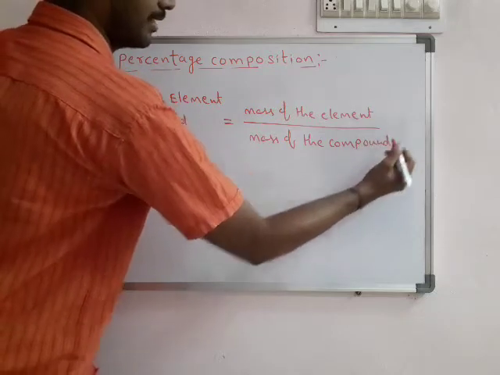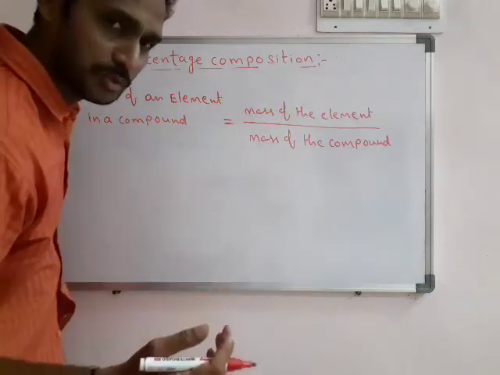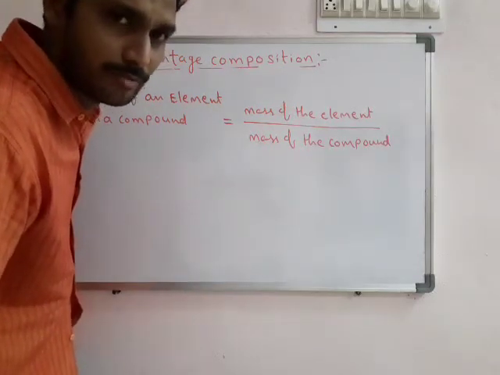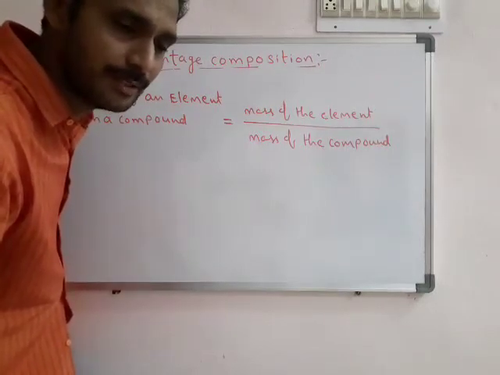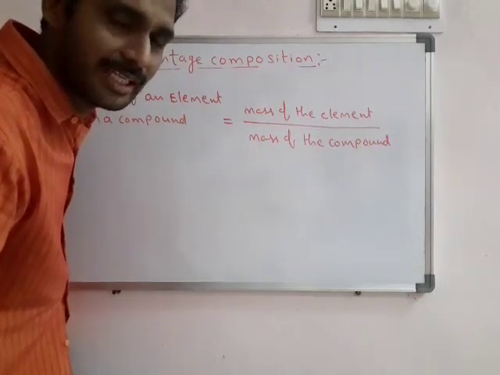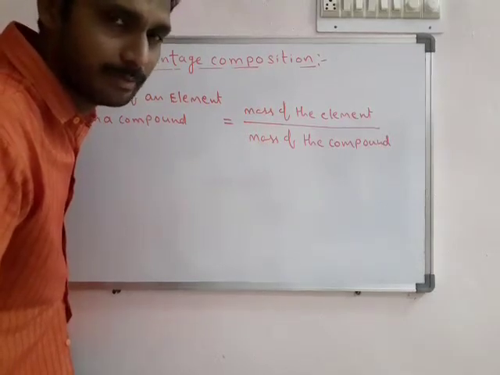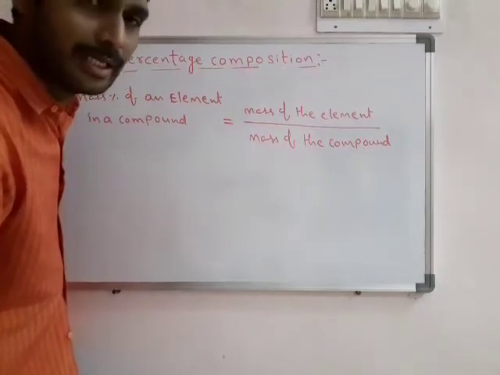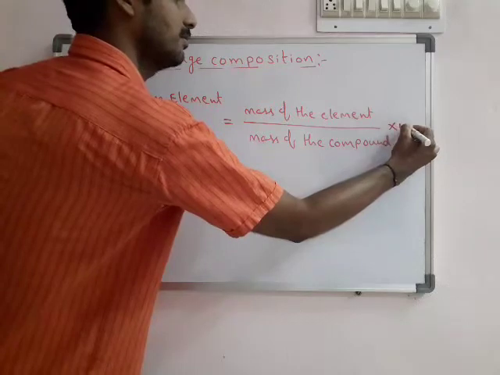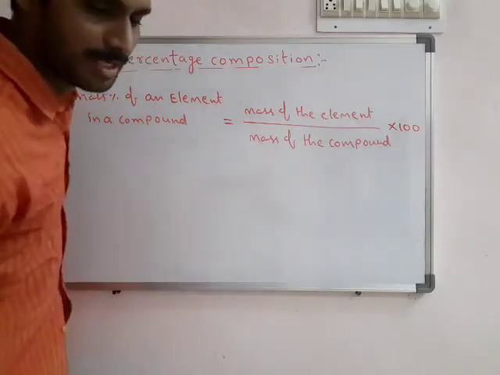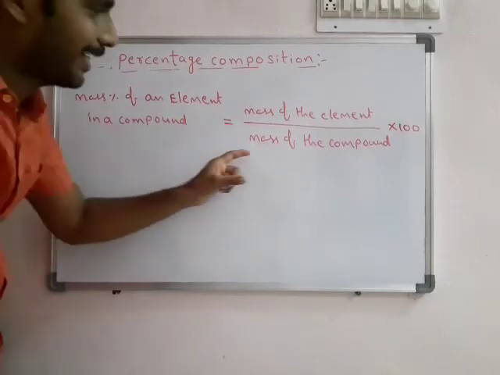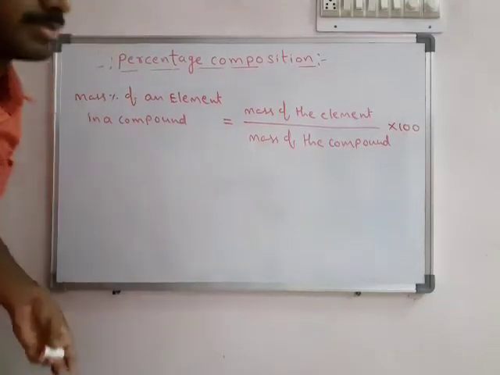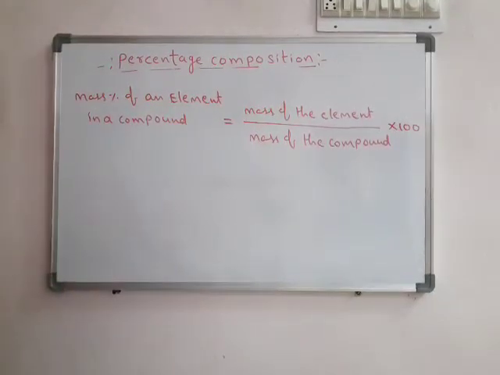Whenever we do a percentage calculation, we always calculate for 100 parts. For example, in terms of marks, we get 80% marks or 90% marks, meaning whatever marks we have are calculated for 100 parts. Here also, in terms of mass, we calculate for 100 parts of the total mass: how many parts of the element are present in terms of mass. So this is taken as the formula for the problem.